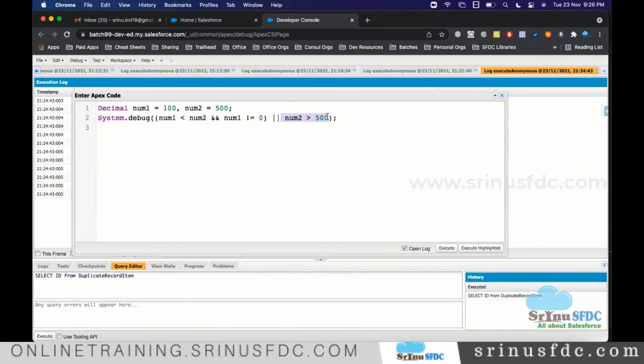This will be false, right? 500 greater than 500, no. It is false. But here 100 less than 500, yes. Number 1 not equal to 0, yes. This is true. So true or false, the final result will be true.